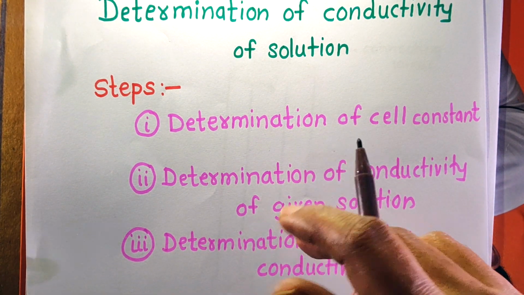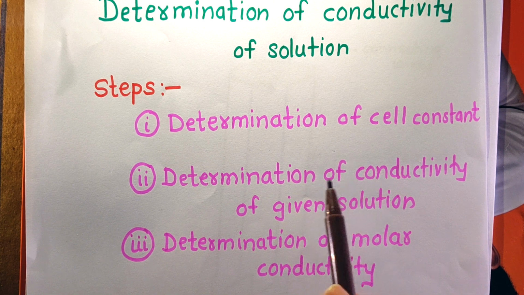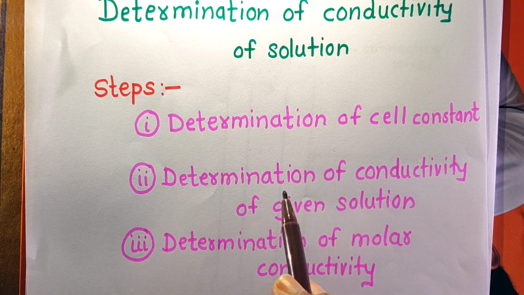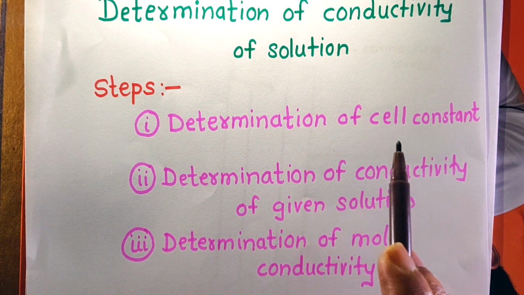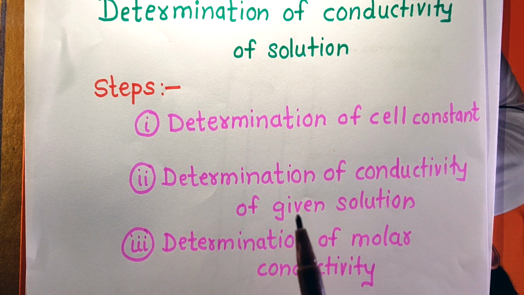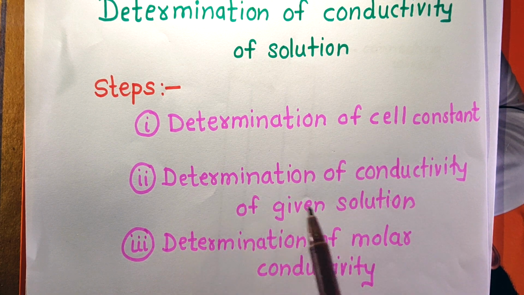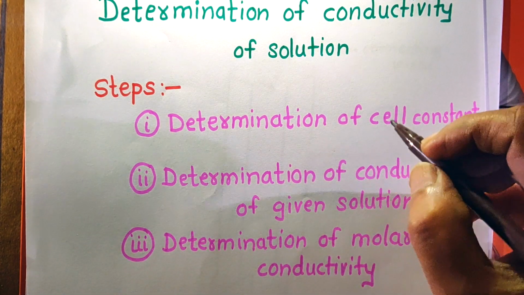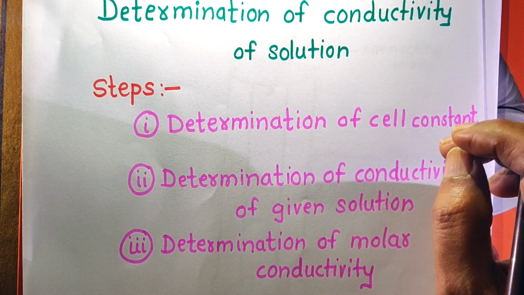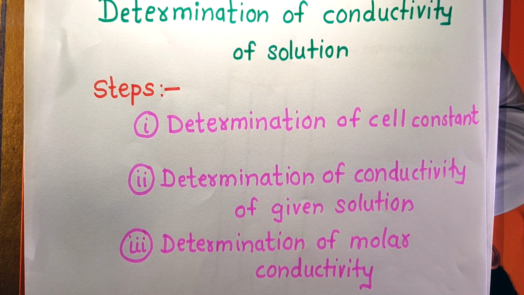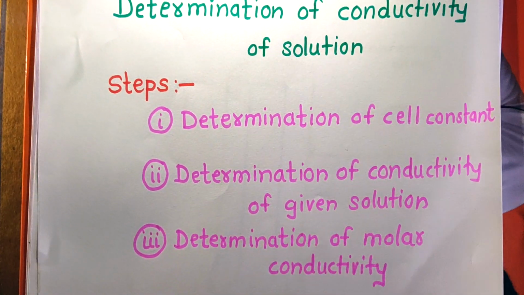Now, this resistance of the solution cannot be measured by using direct current, because due to the direct current, the composition of the solution can be changed, and so you have to use alternating current. And the second one is that the solution cannot be directly attached in the Wheatstone bridge or in the circuit. For that, one instrument is used that is called the conductivity cell, and for that conductivity cell, the term cell constant is related. So first we shall consider what is a conductivity cell.